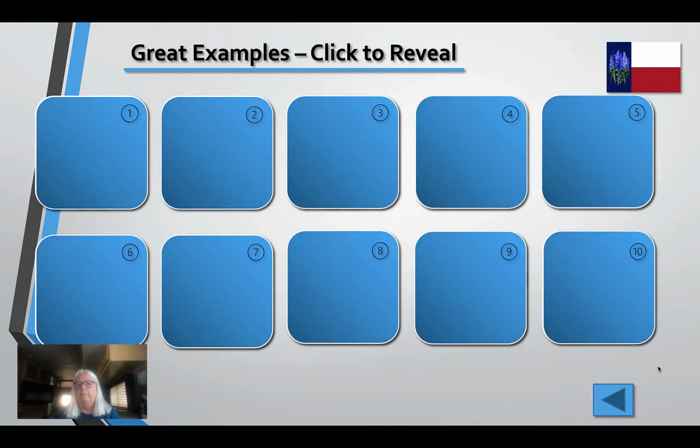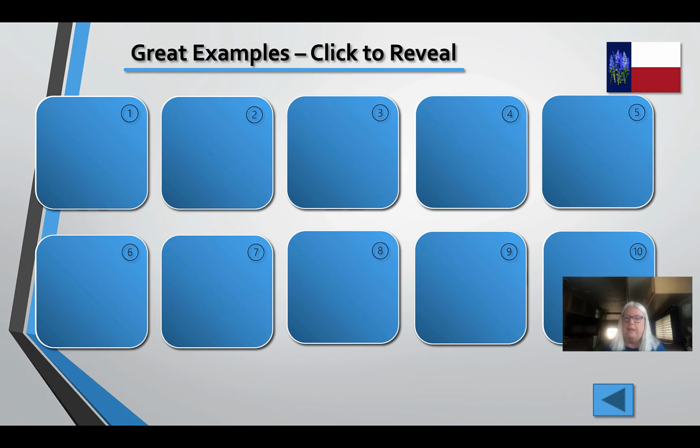Okay, here he gives us an interactive activity. You're required to have one of these for every cluster, where the learner has to actually interact with your unit. The learner doesn't sit back and just be passive. They have to be actively involved. And these are great examples, he says, of